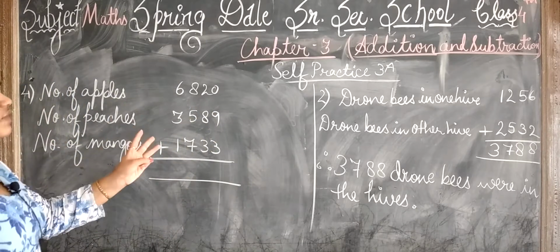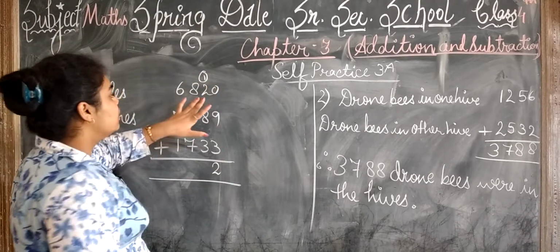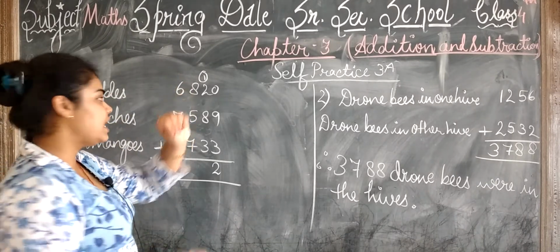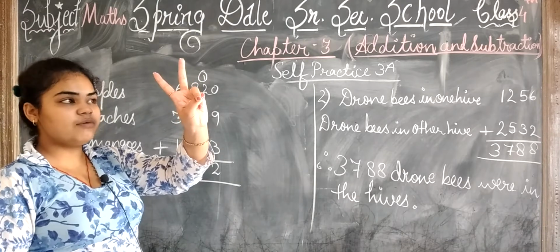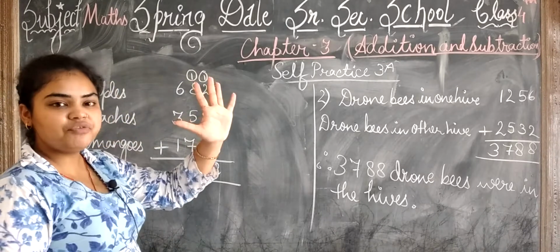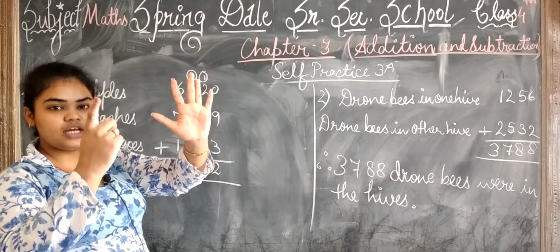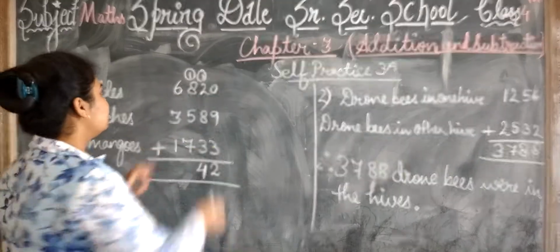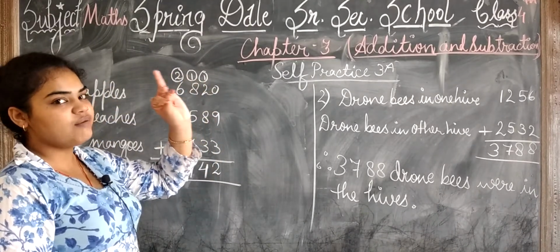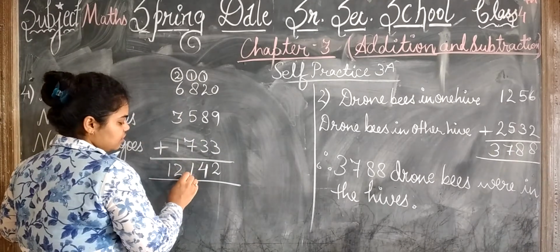9 in your mind, 3 in your fingers. After 9, 10, 11, 12. 2 in your mind, 8 in your fingers. After 2, 3, 4, 5, 6, 7, 8, 9, 10. After 10, 3, 11, 12, 13 and 14. 8 in your mind, 5 in your fingers. After 8, 9, 10, 11, 12, 13. Then 14, 15, 16, 17, 18, 19, 20 and 21. 6 in your mind, 3 in your fingers. After 6, 7, 8, 9. After 9 plus 1, 10, 11 and 12. How much in all?